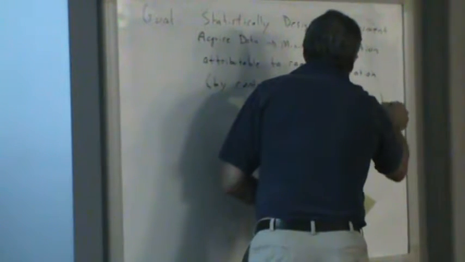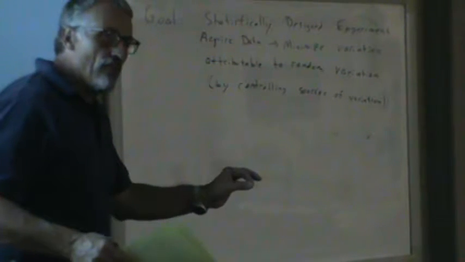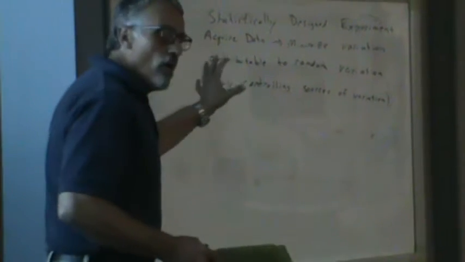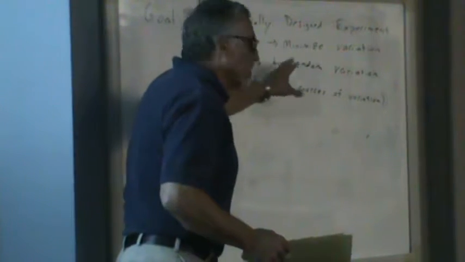So why did I write this here? Because that's the whole thing we're doing in this whole subject. So if we can't control or separate our random variation out, we're never going to be able to make any conclusions. If we're turning up these levels of a treatment, changing treatments, changing drug treatments, changing people in surveys, changing things, and if our random variation is greater than our effect, we'll never be able to detect it. We'll never be able to make any conclusions. So the entire goal of this whole subject is to be able to reduce variation that's attributable to randomness,